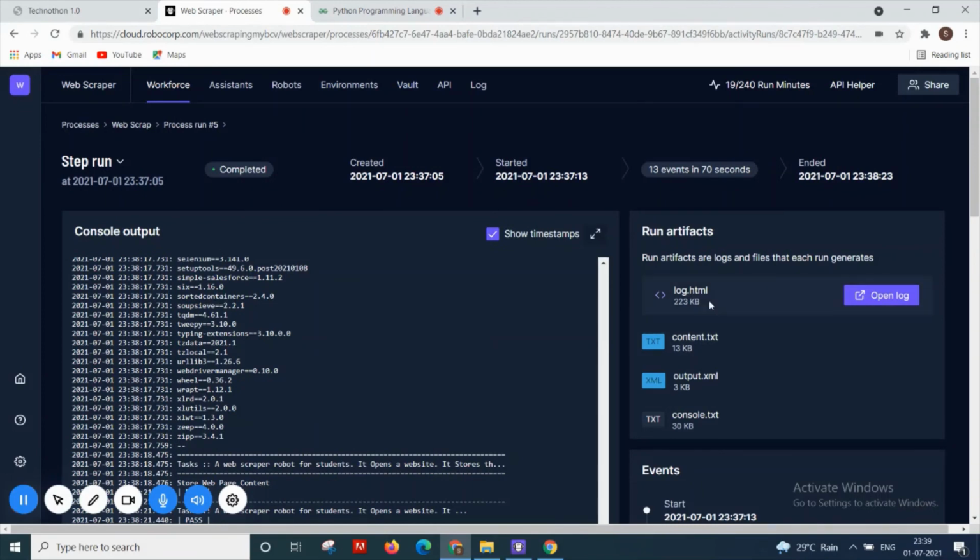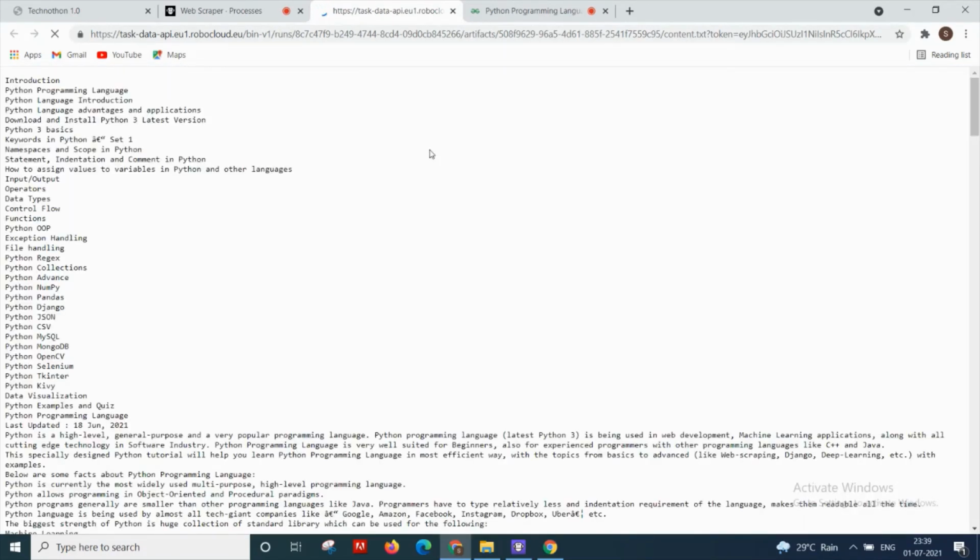Compared to the normal Robocorp Lab, the cloud is faster and gets the output in less time. As you can see, the content.txt is the same file here. You can open it and check the file here. The same thing has come out here.